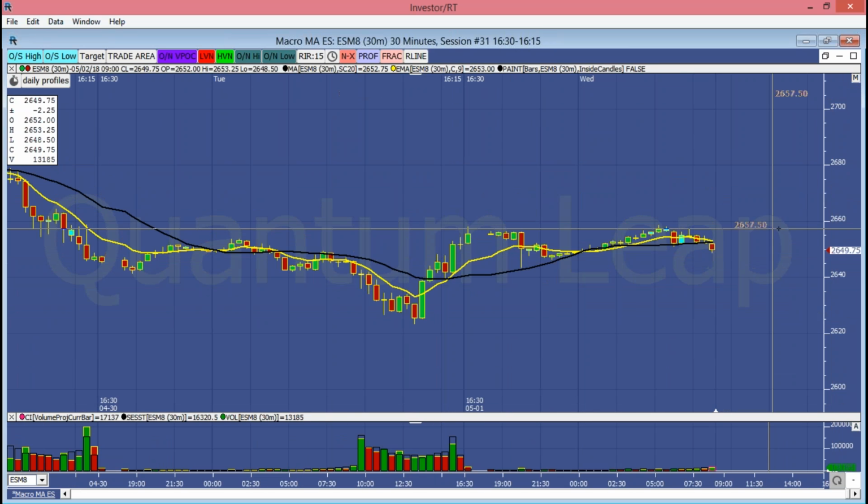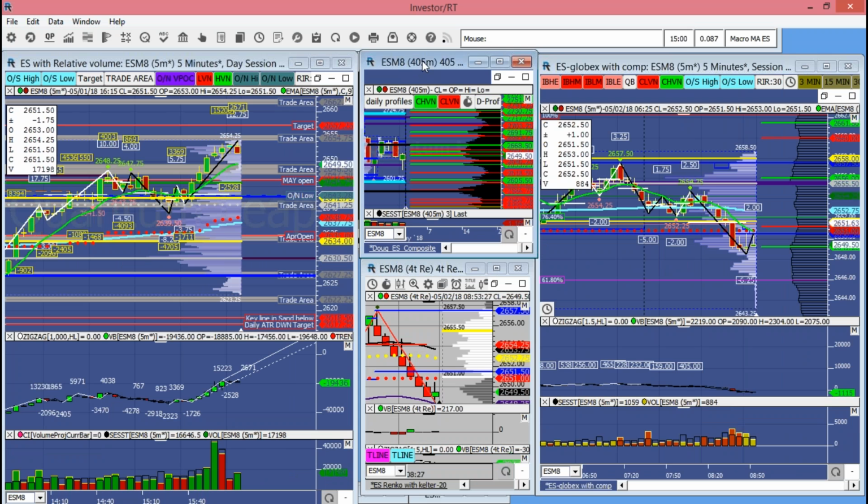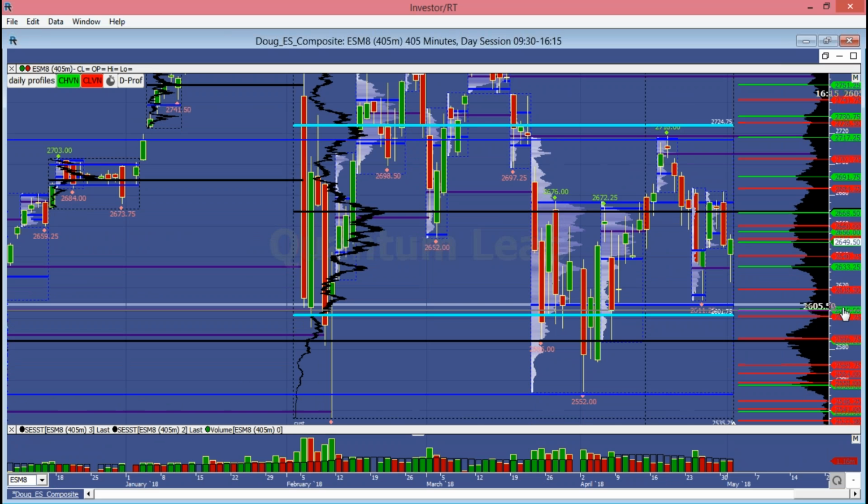This is a rudimentary thing that I do every day, but it's important because I want to make sure that I understand that in a larger time frame, we're still in this upward trend, and as we move down, we're seeing a weakening, but there's no evidence which way this consolidation is going to break out. So if we take a look at the bigger picture,